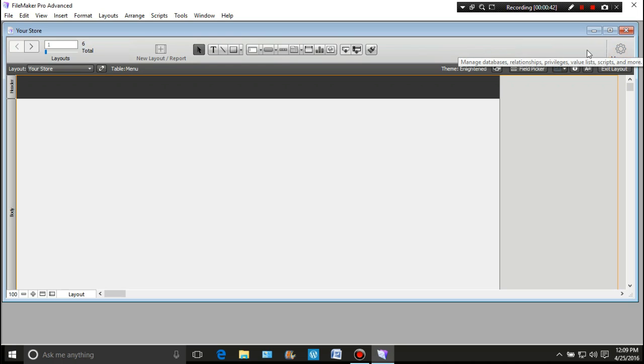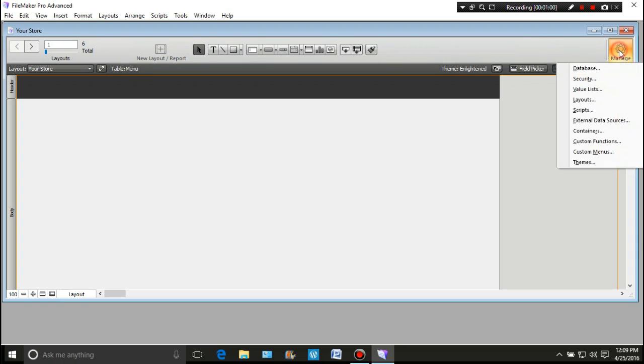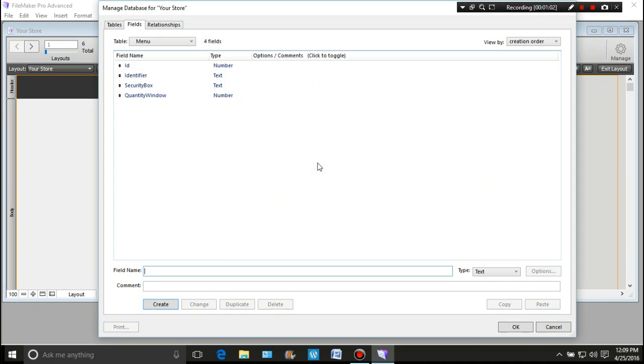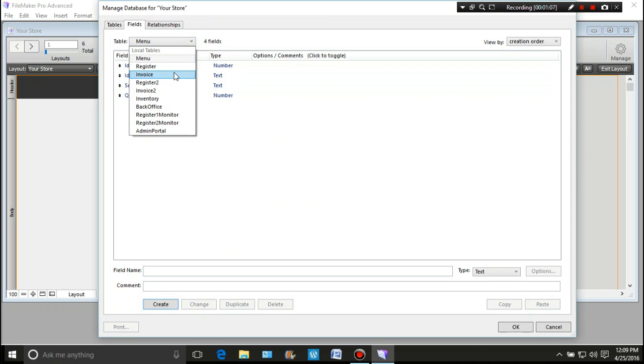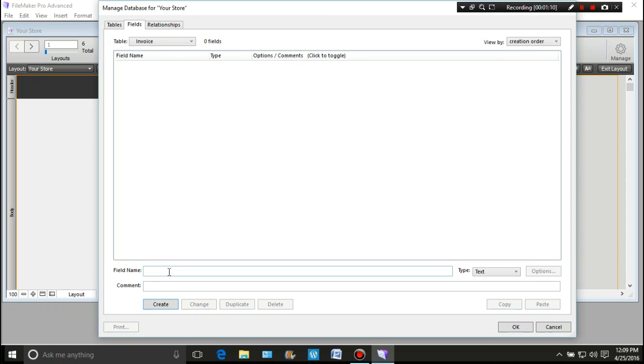We will cover the security issues, basically letting people know who's going to do what on your system and how they can actually do those things. But today we're going to go right back into managing our database, and we're going to do our invoice. One of the first things you're going to need, as always, is the invoice ID,